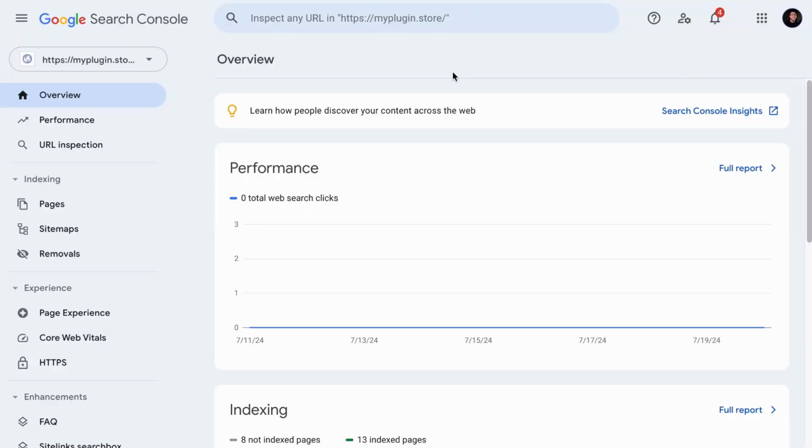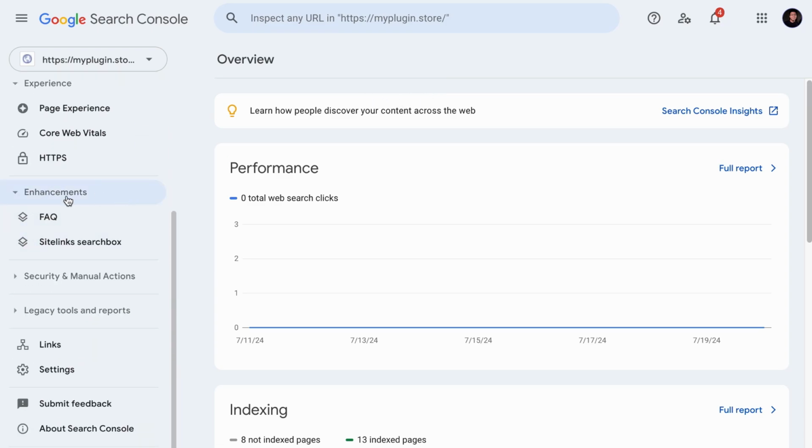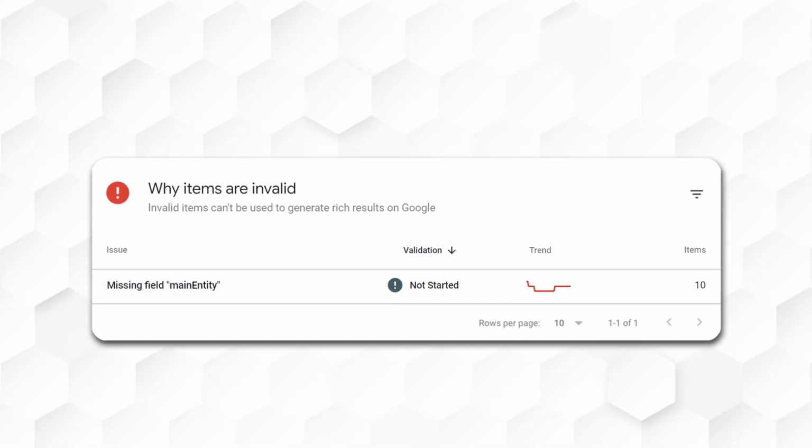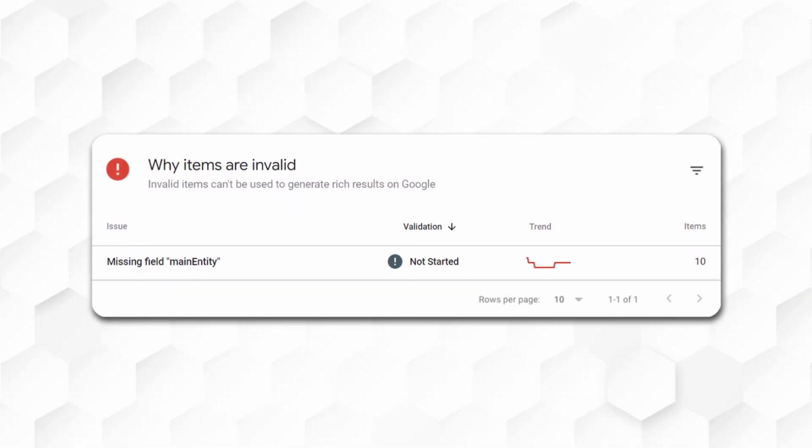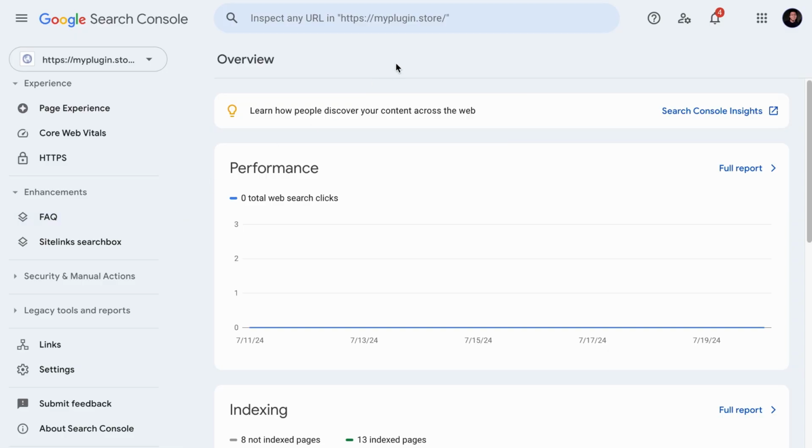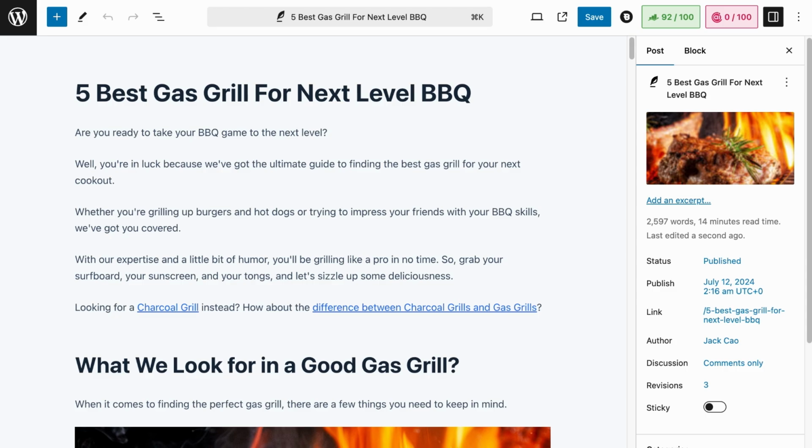Now, if you visit your Google Search Console and you check out the enhancement section and you see a FAQ enhancement, as you click through it, you see something like this, then it's got to do with the FAQ schema you have added to the page. So let me recreate the problem, then you'll understand how this issue came about.